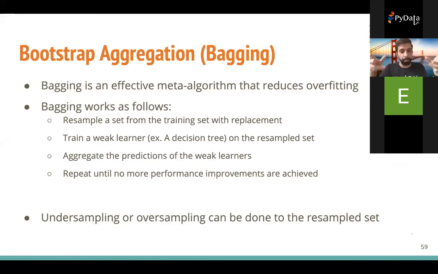Then we resample again, train another decision tree, and so on, and we end up with a lot of decision trees. Then we take the average of the predictions of those decision trees. This is a very robust method. It works well to combat overfitting. The way we apply it to imbalanced learning is that we can undersample or oversample before we train those decision trees.